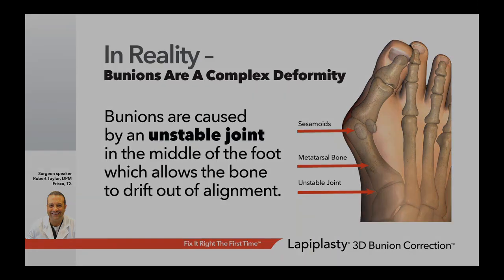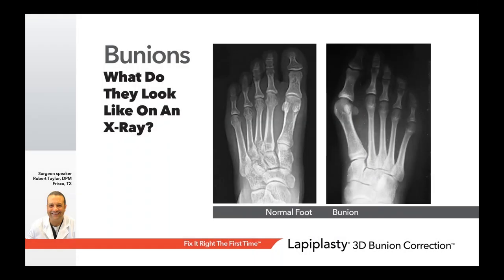So what does a bunion look like on X-ray? Here's an X-ray of what a normal foot looks like, a left foot, and here's an X-ray of what a foot with a bunion looks like on the right. I would draw your attention to the big toe on both of those x-rays. On the left, where that's a normal foot, there's a somewhat linear alignment of the big toe and the metatarsal